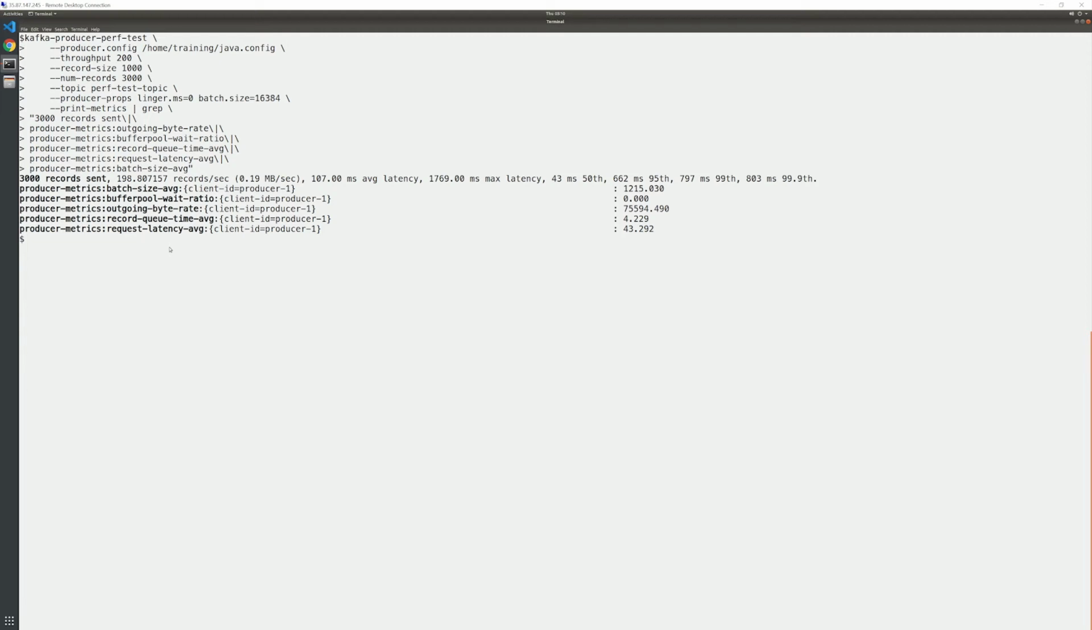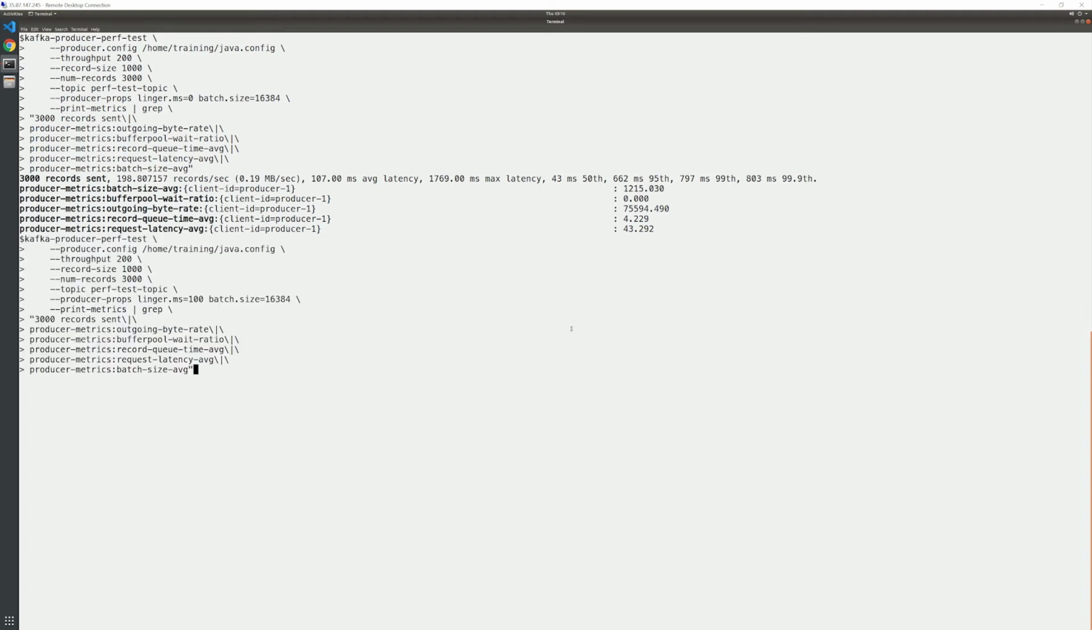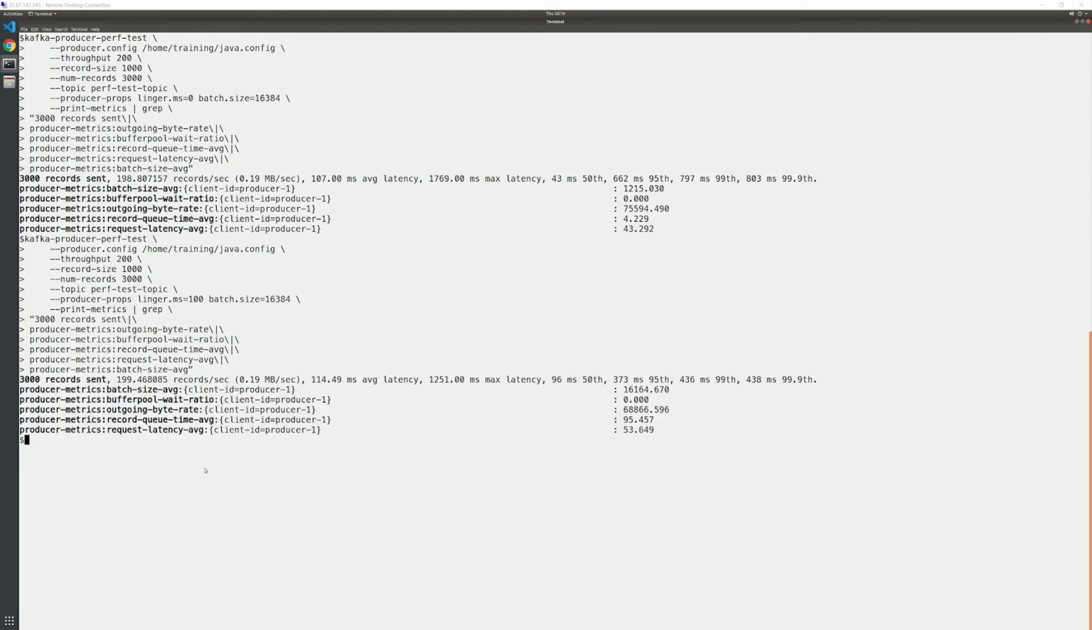Now that we have a good understanding of the output metrics, let's run the same test, but this time we'll increase linger from 0 to 100 milliseconds, giving records more time to be added to a batch before it's flushed. Let's analyze these results. With linger set to 100 milliseconds, you'll first notice that the average batch size is much